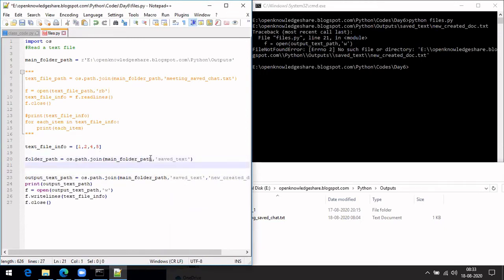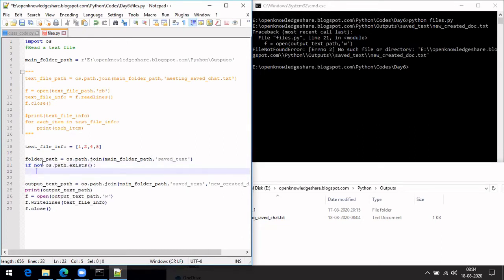And then how are we going to create it? If not os.path.exists, initially, os.makedirs. Okay. So if you do it this way, if it is not available, then it will create it.